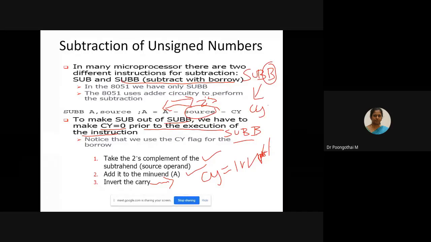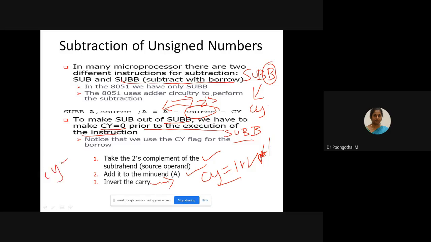See, if the carry is equal to 0 after inverting, the result is positive. If carry is 1, the result is negative, and the destination has the 2's complement of the result. Okay.